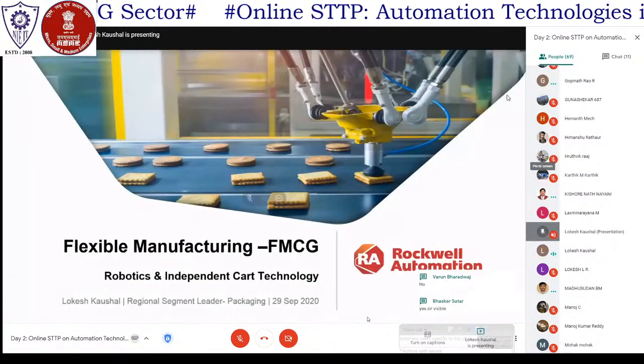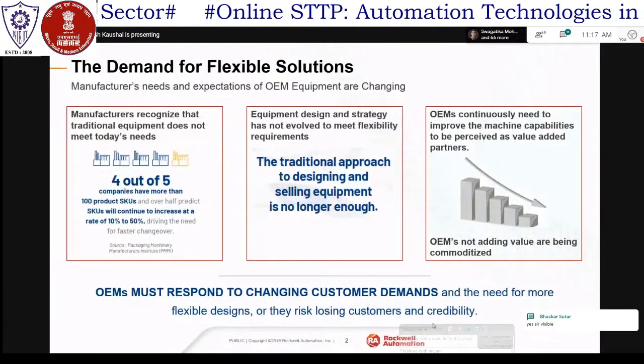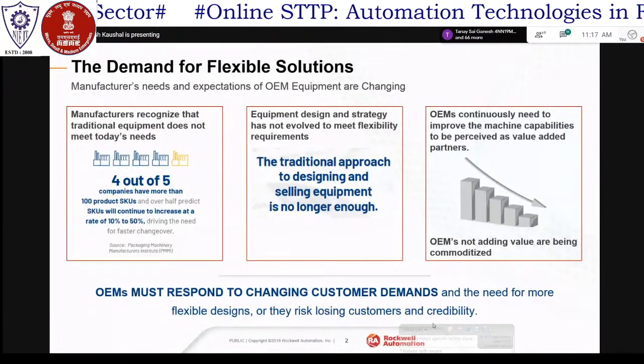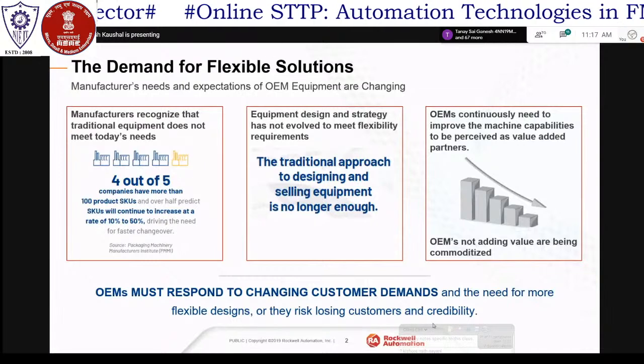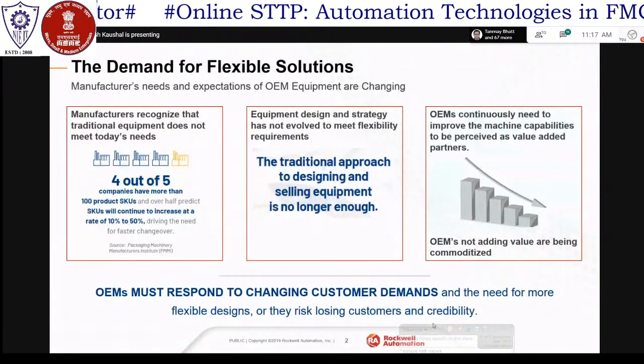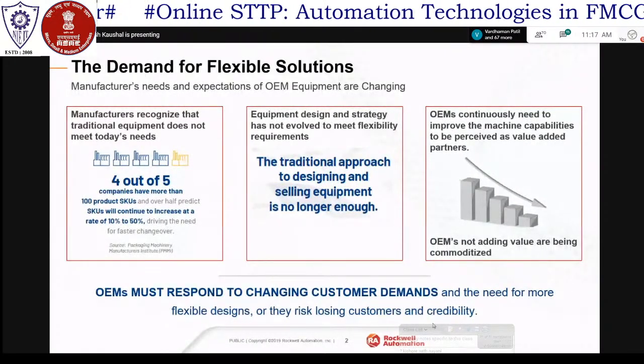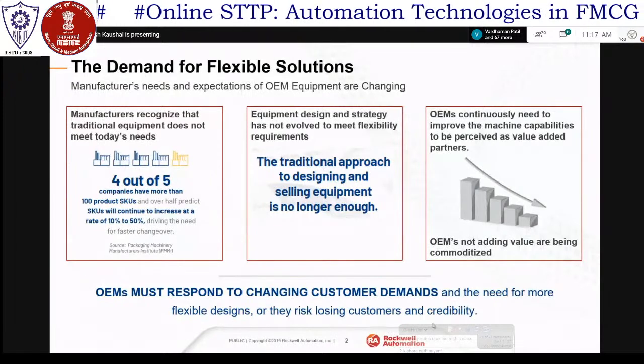Perfect. Thank you. So I'll talk about where the flexible solutions come into play. When we talk about manufacturing today, we see a variety of products out on the shelf, different products, different shapes and sizes, and that is leading